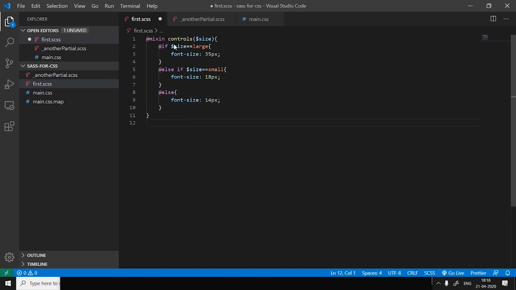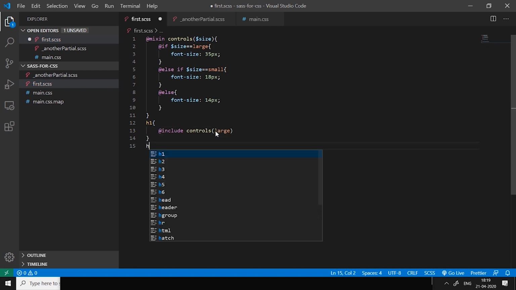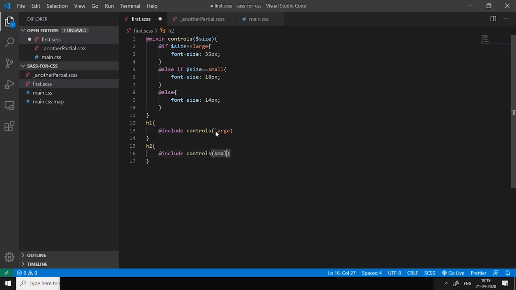Now to have these values, we just need to include the mixin and then give it a size value, and according to the size value, the font size of the element will be decided. So let's have an element h1 which includes this controls mixin, and let's give it a size of large, and then we have h2 which includes the controls and gives it a value of small, and then we have h3 which includes the controls and has a value of, let's say, anything else counts as anything.